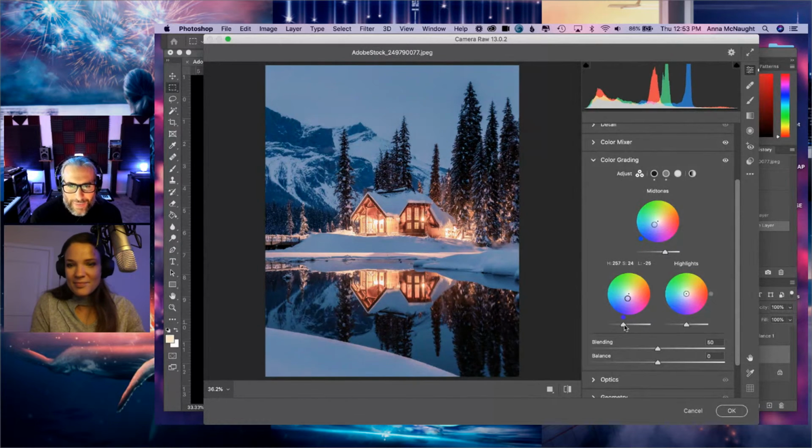And I see you're delving back into the color grading sliders again, which is awesome. Again, newly added as of the Max release a month ago. Yeah, this thing is so powerful. I haven't even had a chance to really experiment with it, but I'm slowly starting to learn it.